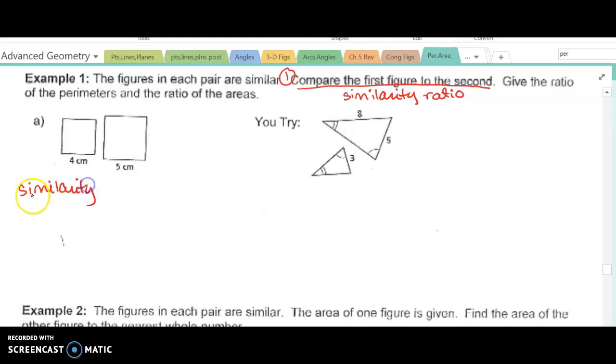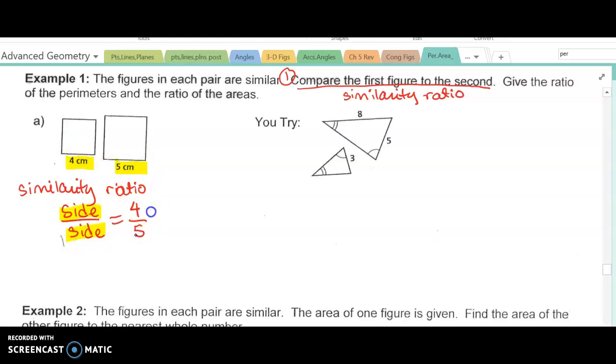The similarity ratio, or in other words, the side compared to the other side ratio, is 4 to 5. That's what it means to compare side to side, 4 to 5. Or you can write it 4:5 as well. So number 2,